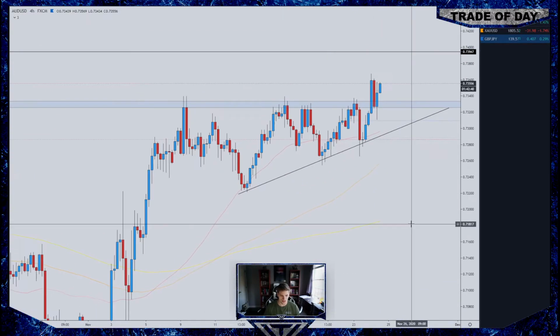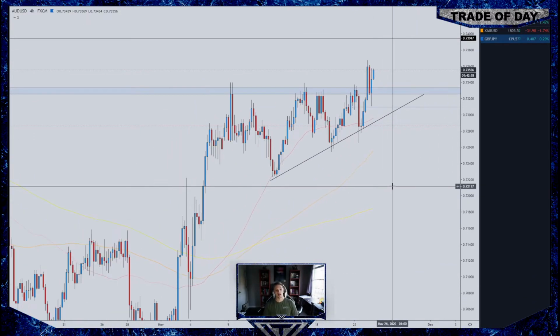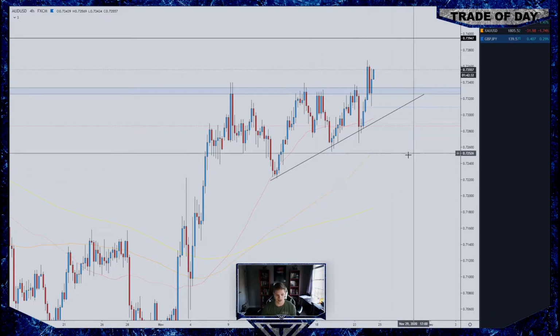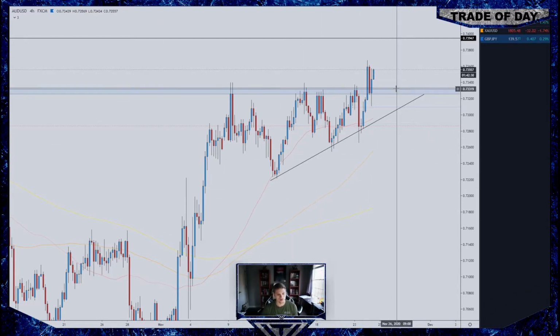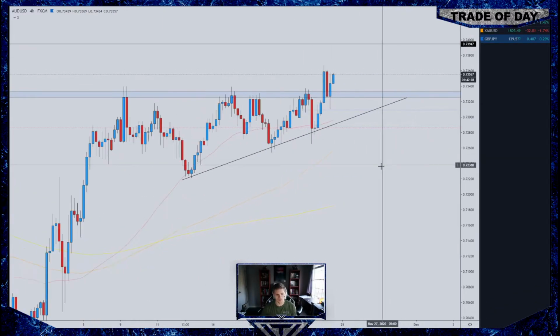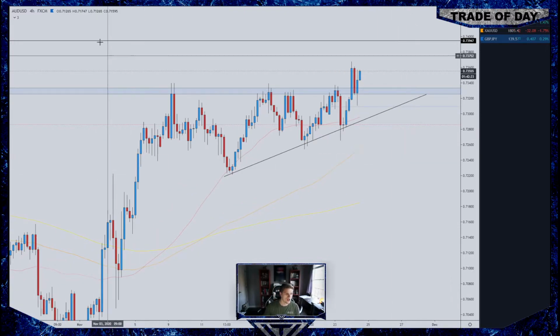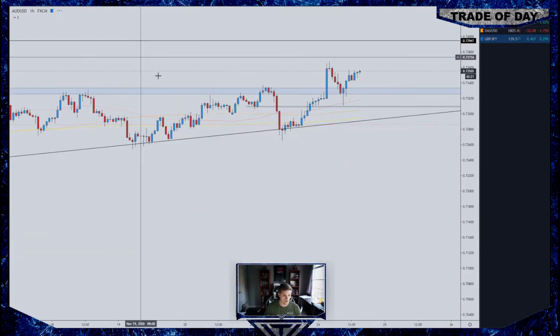This is AUD USD. And this is actually a play that our head equities trader Nick will be covering in the day trading class today. This is one of the triangle breakout plays, but this is an example of trading it within the triangle, not the breakout. So what I was looking at was I went to the 4 hour and the 1 hour